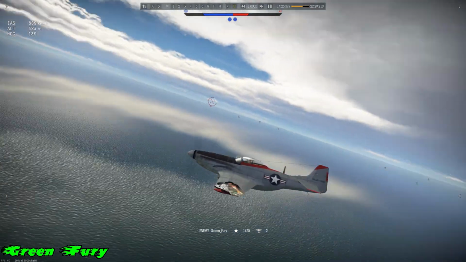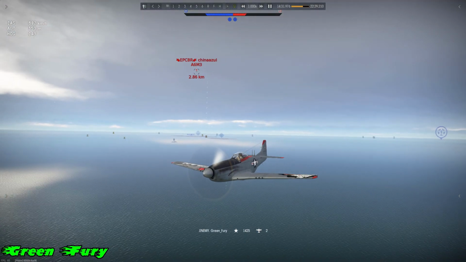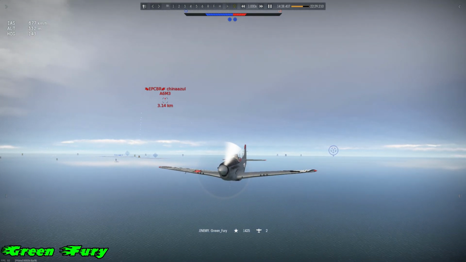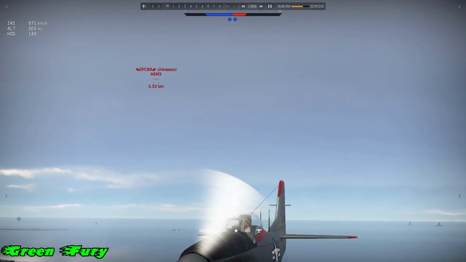Now this made him want to chase me. Remember, if he can climb to 5,000 meters, it doesn't mean he's going to shoot you. He's still got to be on your 6 to kill you, right? So by doing that, I made him chase me. I want him to use his horsepower against my horsepower. Clearly mine's going to be better. So I get to about 4 or 5k,